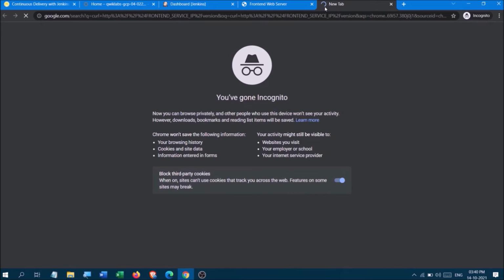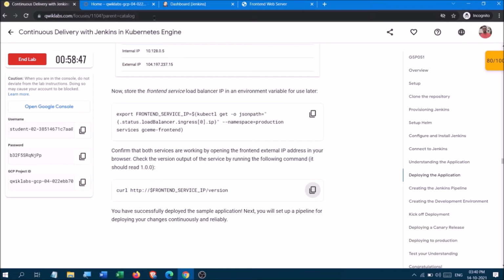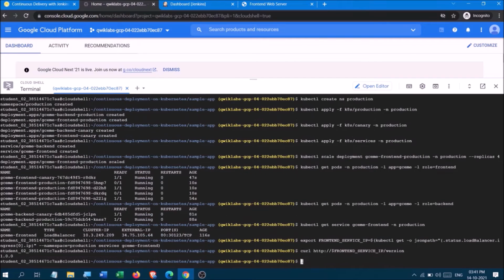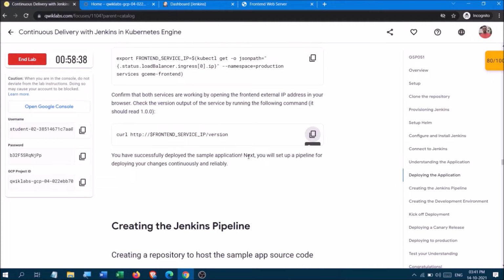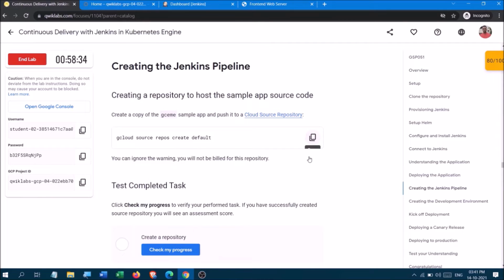Copy this directly and look at it here. No, it is not showing. Oh, sorry. So copy this, here it is. Yes, it is working. We got 1.00. Yes, it is working.